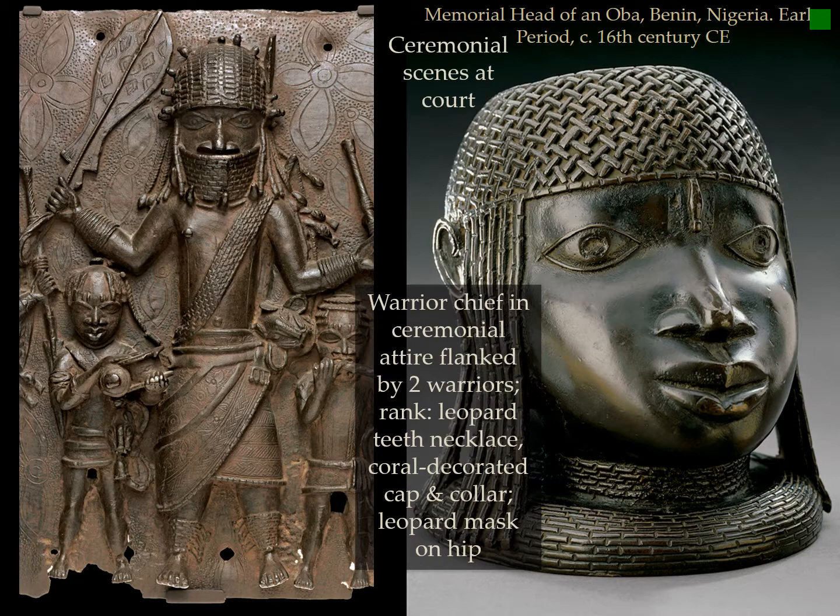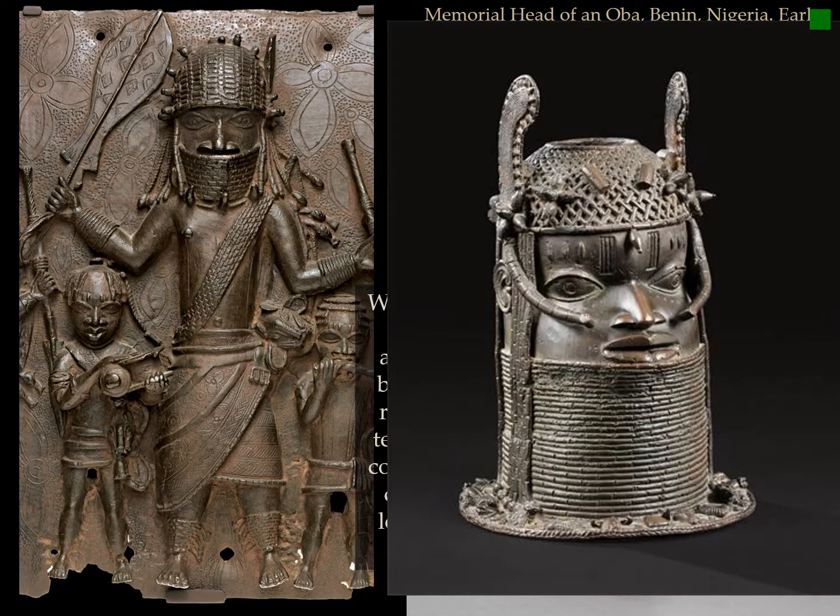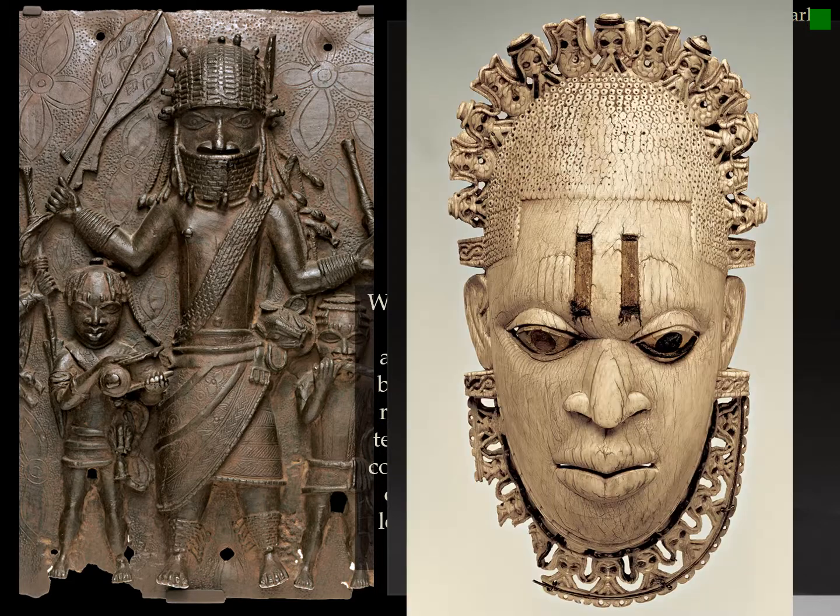The leopard mask on his hip is going to be similar to that worn in the ivory carving. The portrait carries on the tradition of covering up the neck and chin, as well as the coral crown, seen in the more abstracted versions from the Middle Period. The hip-worn ivory is also going to be a common accoutrement and decoration for these oba.